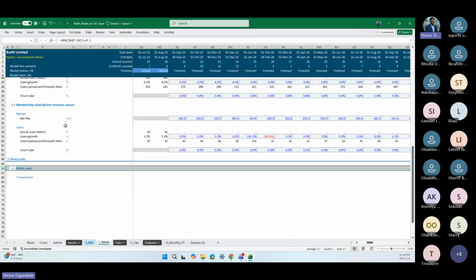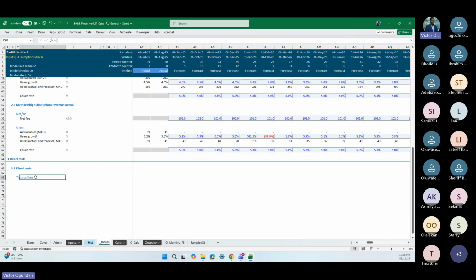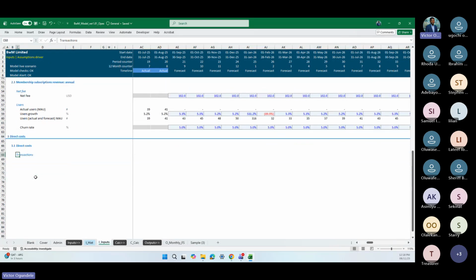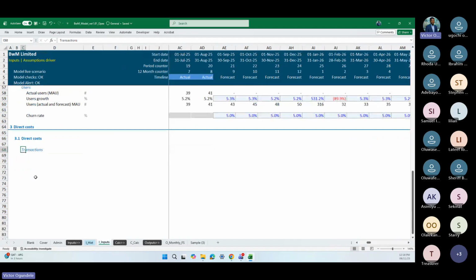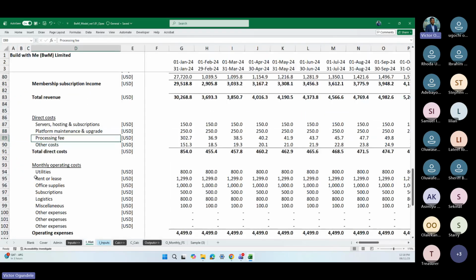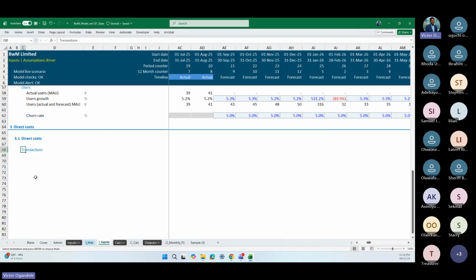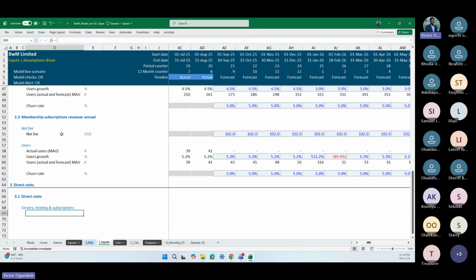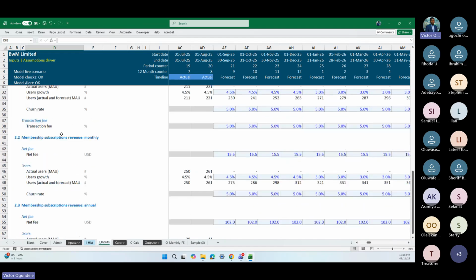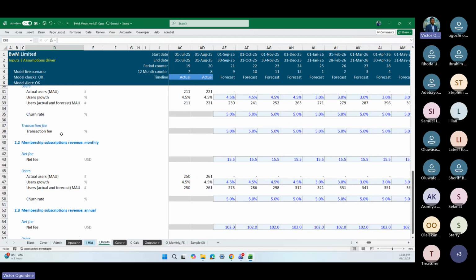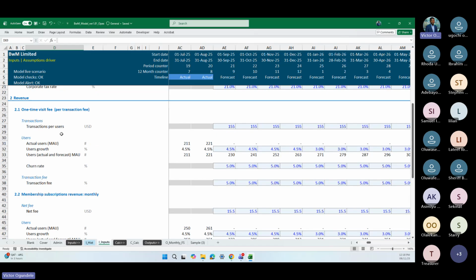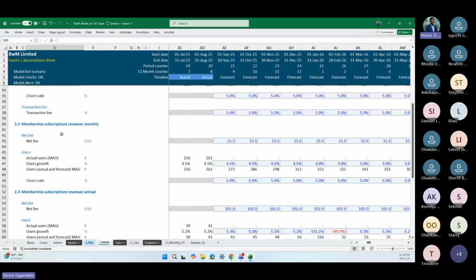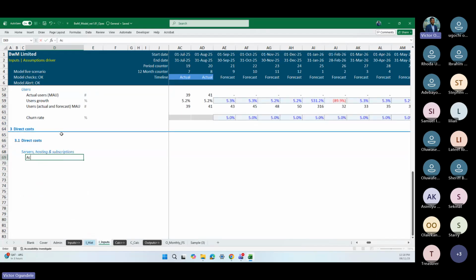So let me copy this. Should we do it like that? Or should we just make it 1 line item? Yeah, I think let's have it here. So the first line item is our server description and subscriptions, right? Okay. So now we need to keep the same structure with what we've been doing. So first we call the actual, right? We call the users. Okay, yeah. So first let's call the